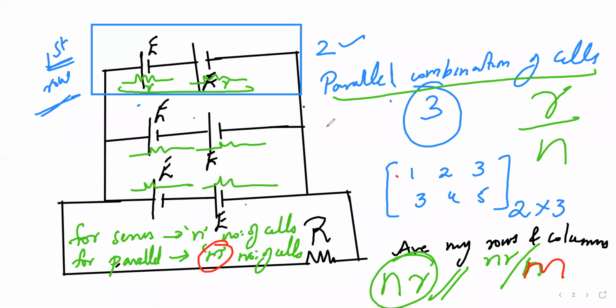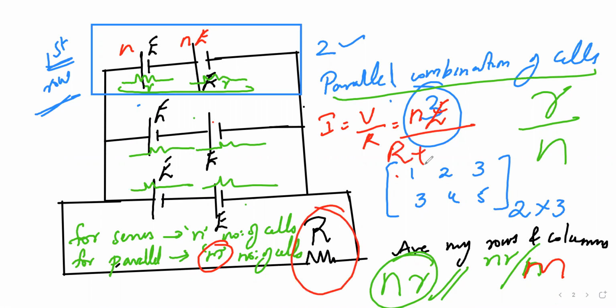Now, what is my I here? I is equal to V by R. Correct? V is nothing but E. N number of cells, so EMF in series is N E, by what is my R? This R plus this answer, NR by M. Now, are you clear? This is NR by M. NR in the sense, this r is small r, not capital R. Perfect, excellent. So that's how you have to take here. Clear? Simple as that.